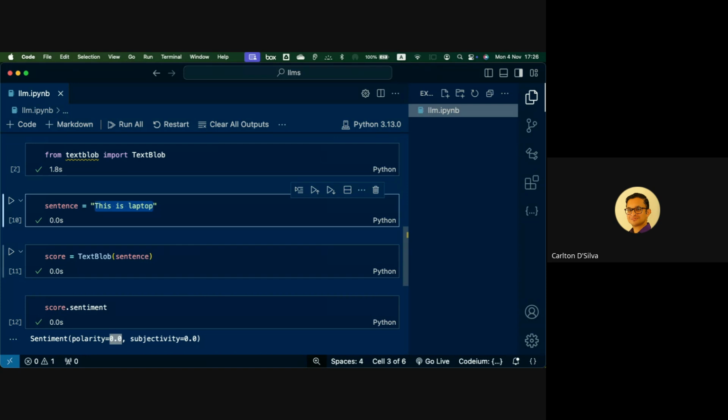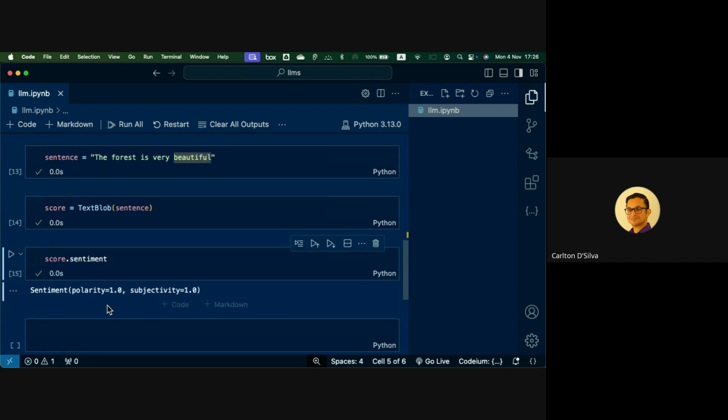Let's try "the sunshine is..." So now it's giving a positive one, and it's saying it's highly subjective. That's interesting. I don't know how it comes up with these scores, but it just does.